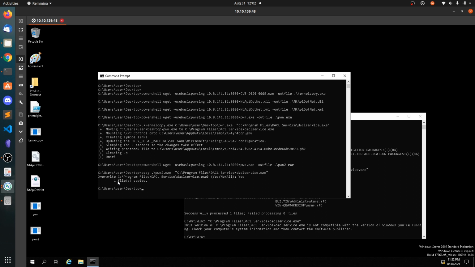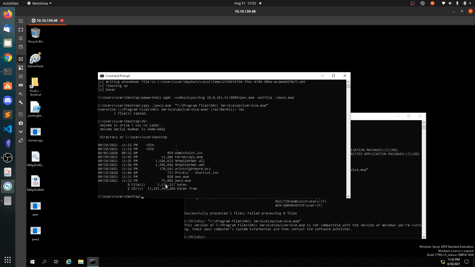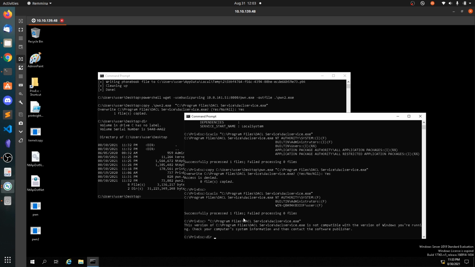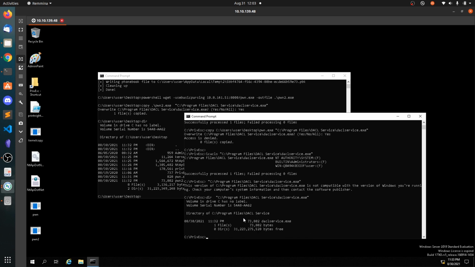Now you can see the one file has been copied. If I say dir, you can see 73802 is pawn2.exe, and you can also see the file size for pawn.exe has been corrupted to 820 bytes. Now you can see 73802 and 73802.